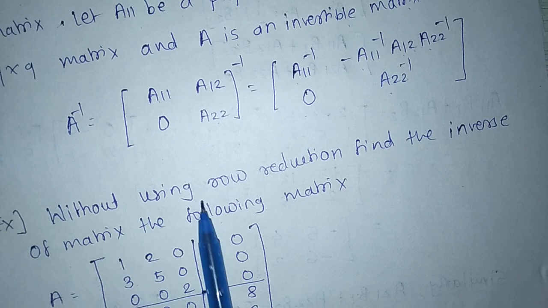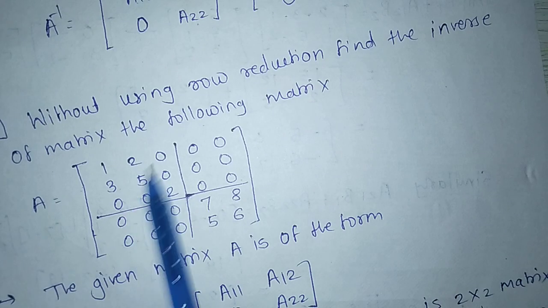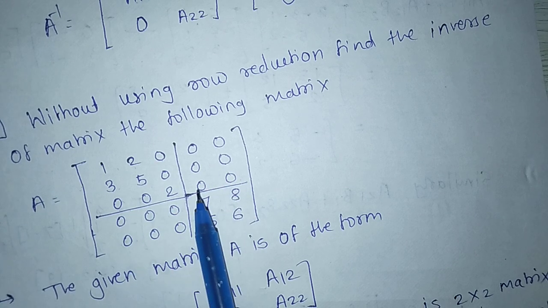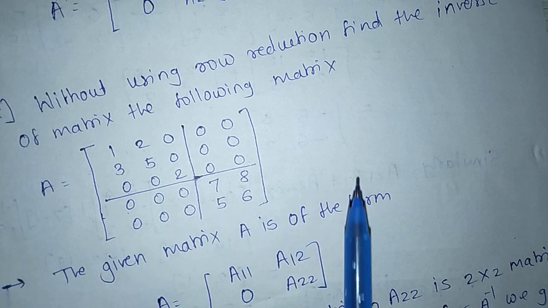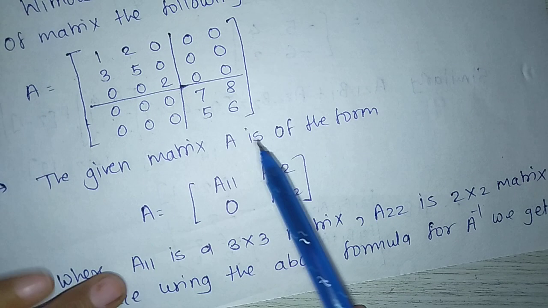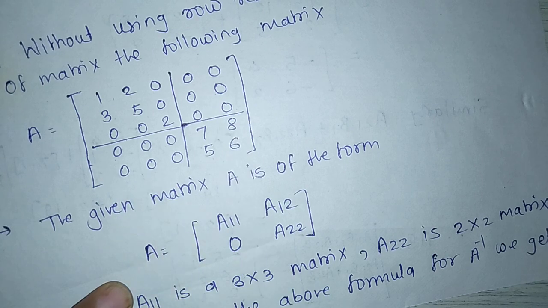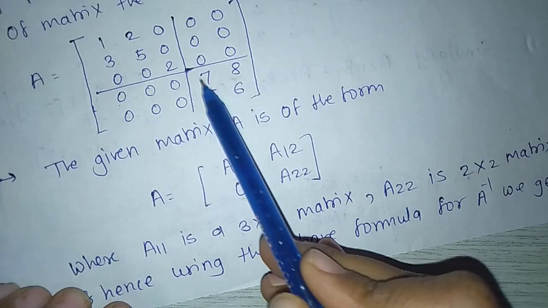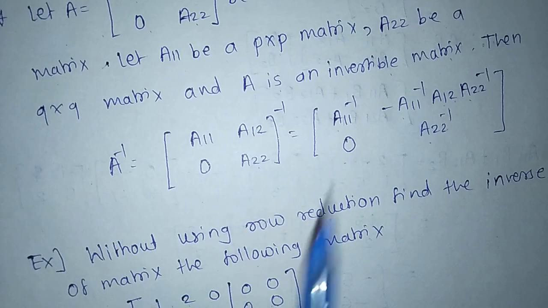Next example, without using row reduction, find the inverse of the following matrix where A equal to 1 2 0 0 0 3 5 0 0 0 0 0 2 0 0 0 0 0 7 8 0 0 0 5 6. To find A inverse, the given matrix A is of the form A equal to A11, A12, 0, A22, where A11 is 3 by 3 matrix, A22 is 2 by 2 matrix, and hence using the above formula, which formula? This formula, we get